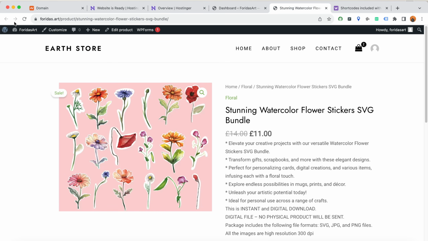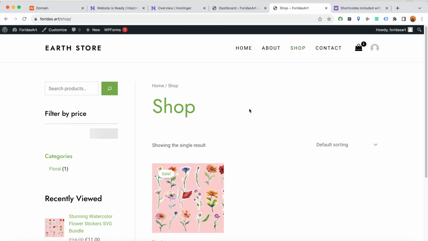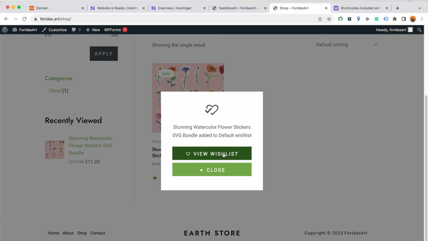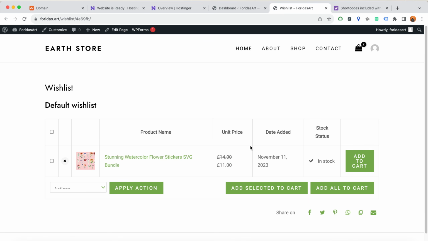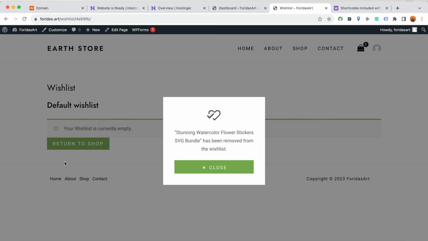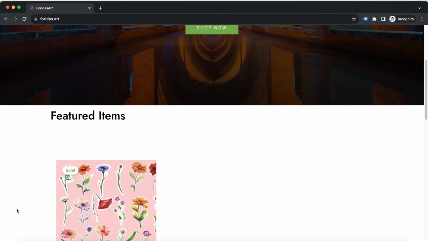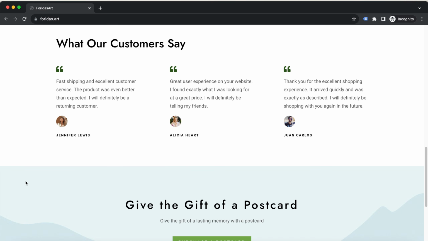Now if someone visits this website or reloads this page of the product, not from here, let's go to shop, they should be able to find an option to add to wish list. Just take a look, click on wish list, and then they can view the wish list and they can cross this as well. So this is the process how you can start creating an e-commerce website on WordPress,